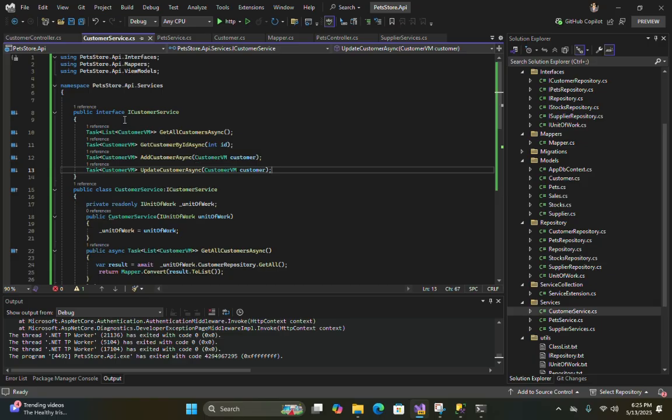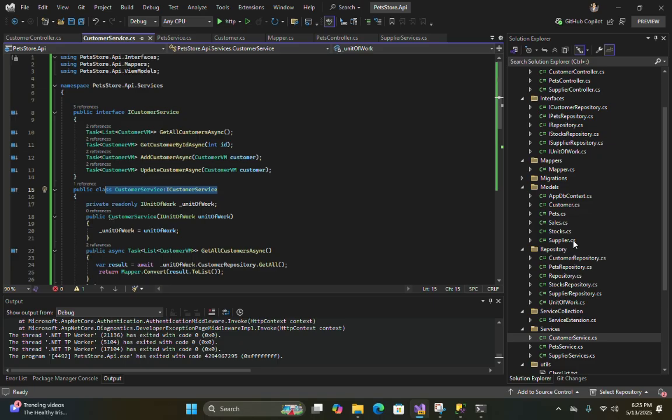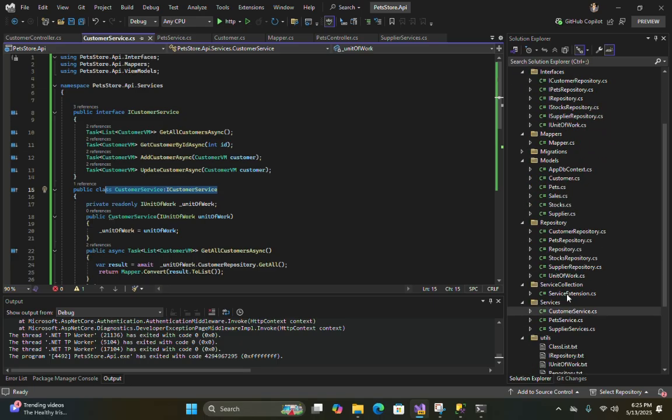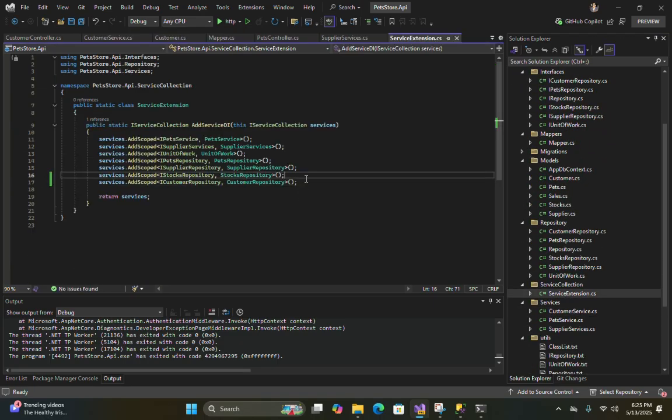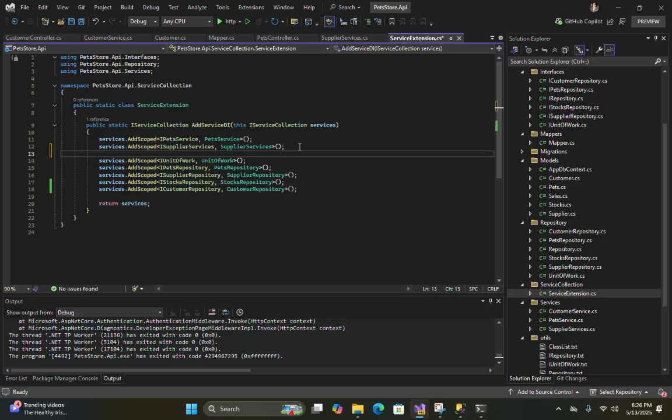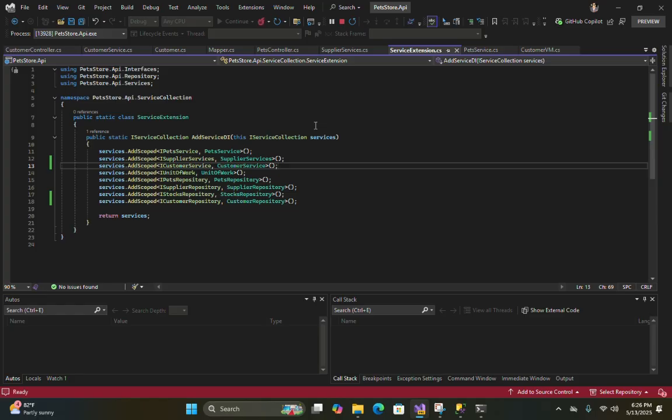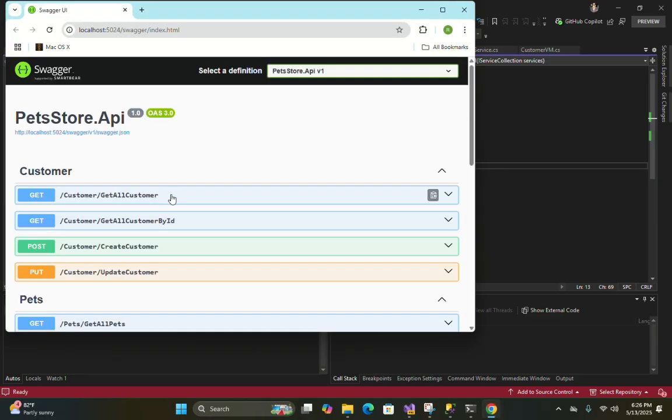The customer service interface and customer service in our service collection. So let's import it here in this section, services, customer service.